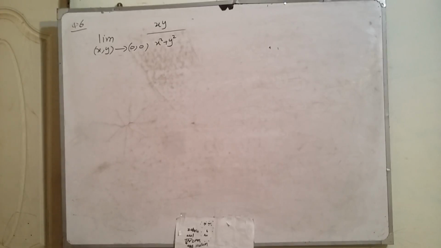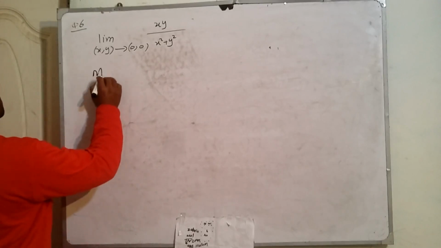And the second is, we can convert it into polar coordinates, as (x, y) approaches (0, 0). The first method is, let (x, y) approach (0, 0) along the line y is equal to mx. So I will do both methods. Okay. The first method is